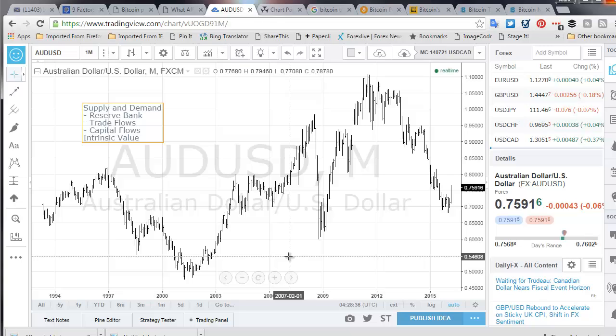So when somebody sells something, so we sell iron ore from Australia to someone in China, a Chinese guy has got to plunk down his Chinese renminbi, convert them to Australian dollars to pay for the iron ore that he's purchased. So trade flows, imports and exports are a key contributor.